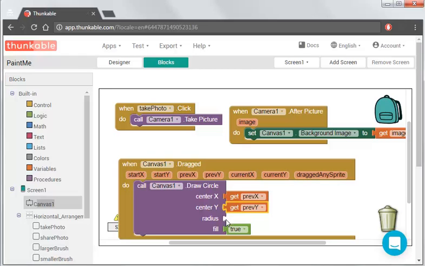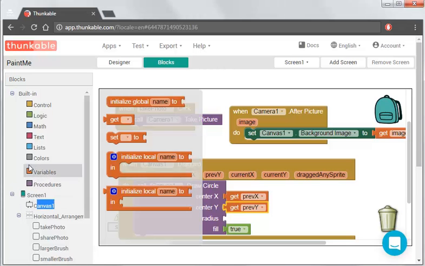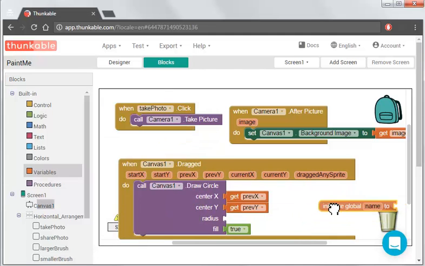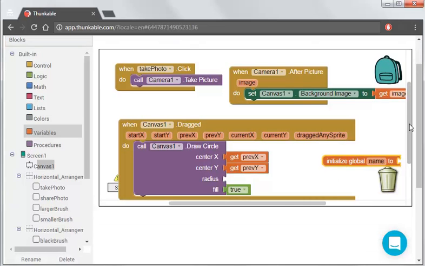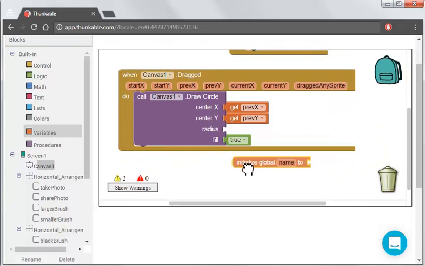So we actually need to create a variable here to have a size of a starting brush. Now remember, we've got those plus and minus buttons to make the brush bigger and smaller, but we need to start with a particular size. So we're going to create a variable. So at the top here we're going to create from a built-in variable, and we're going to initialize a variable. We're not going to join it onto anything, but we're going to call it brush size,